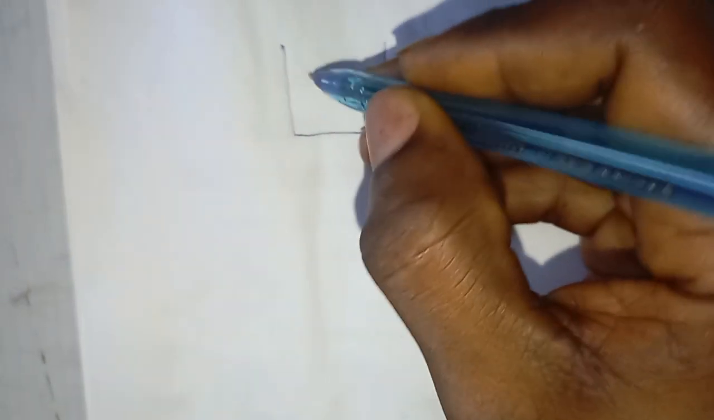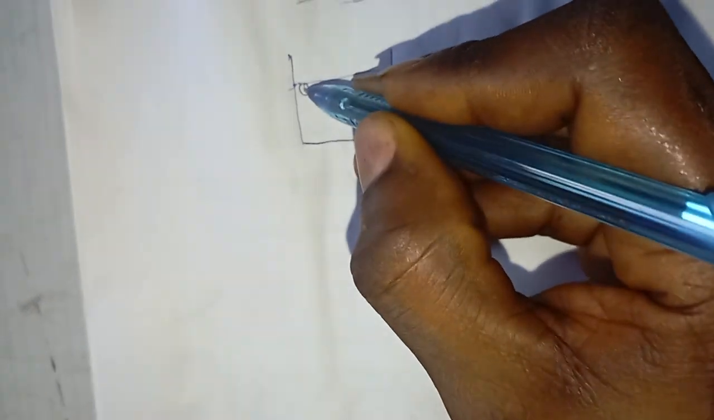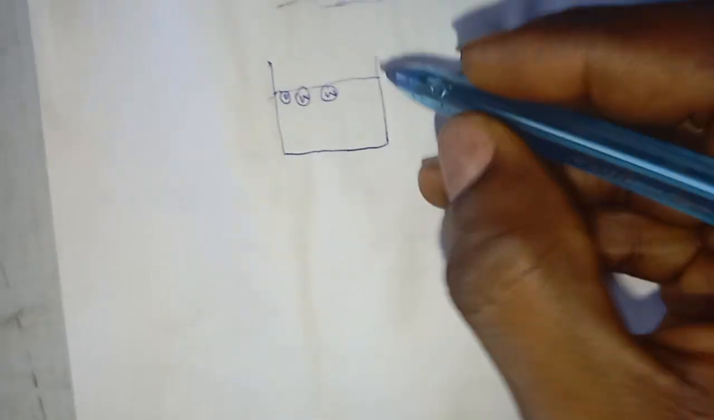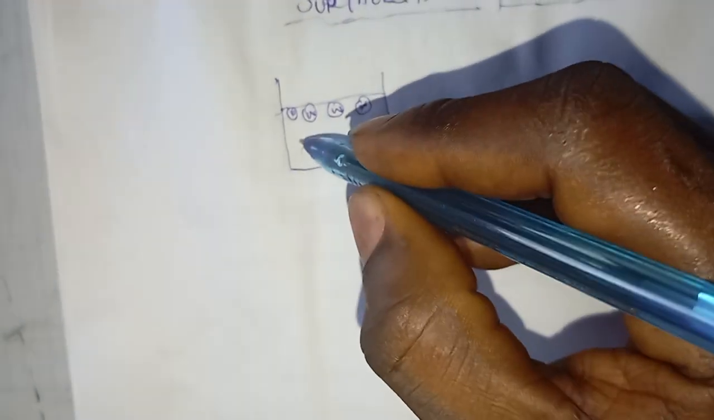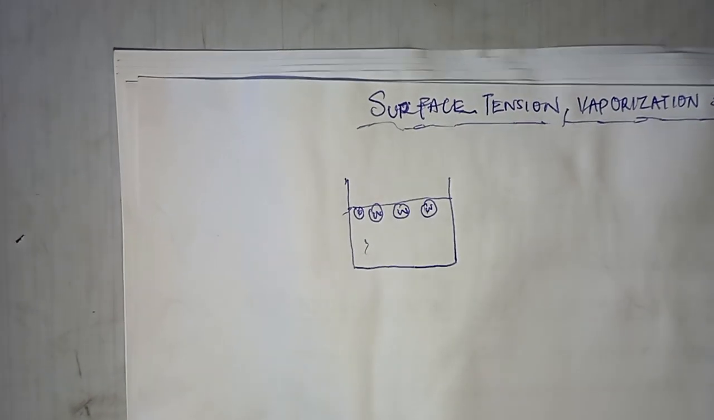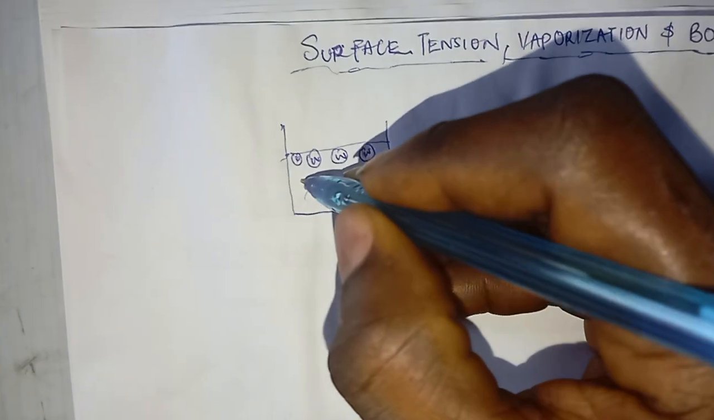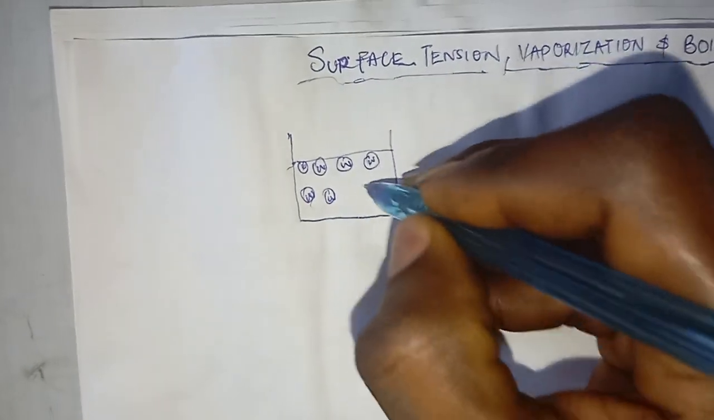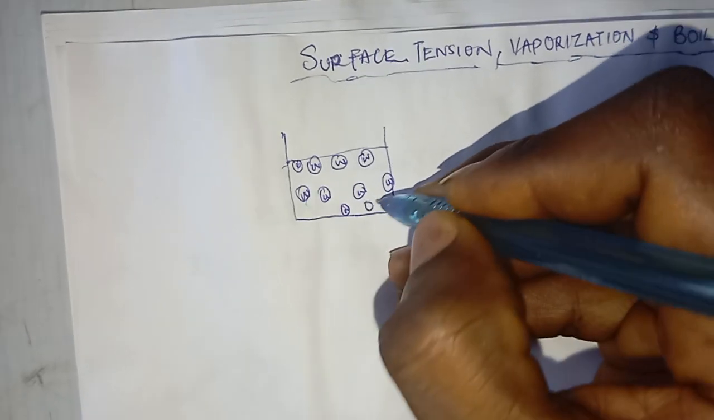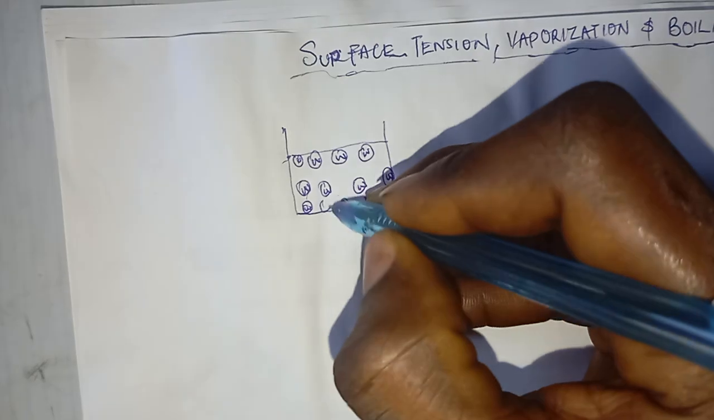a containing vessel, and inside this containing vessel, I have a solvent. You can call it water, it can be anything, and I have the molecules of this solvent scattered all over. Let's say this is the molecule of the solvent scattered everywhere inside this container. So let's say this is water. It can be any solvent. So scattered all over. What we are saying in surface tension is that as this molecule is scattered all over,